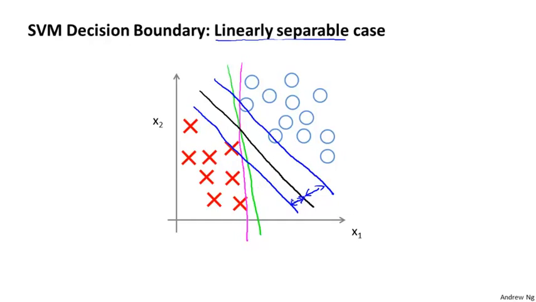And so this distance is called the margin of the support vector machine, and this gives the SVM a certain robustness because it tries to separate the data with as large a margin as possible. So the support vector machine is sometimes also called a large margin classifier, and this is actually a consequence